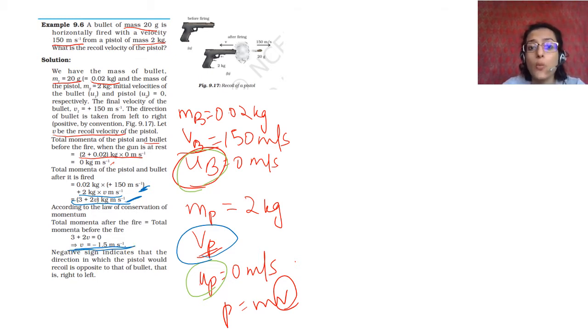Why is it so much less than that of the bullet? Because the mass is that much higher. You can see that it is proportionately higher, right? Here its mass is 100 times higher. So the speed is 100 times less. Simple proportion. Okay? Negative sign means it is in the opposite direction. Okay?